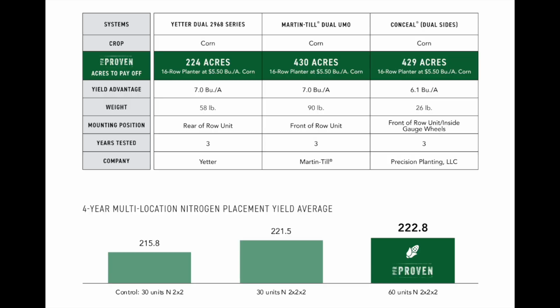But the real big thing is, why are we doing this? Why is it important to put it on both sides of the row versus on one side? We can reference back to the Beck's PFR data and show that the ROI increased at the point in time where we moved from the 2x2 on one side of the row to banding it on both sides of the row. Beck's PFR did that over a long-term study and over many years to prove that banding on both sides of the row was bringing us increased ROI. So for our farm, in the winter of 22, we took the time, broke down the planter,